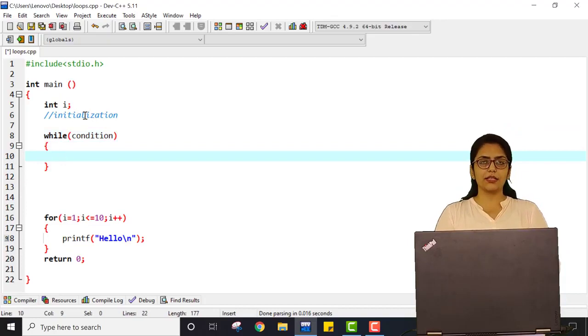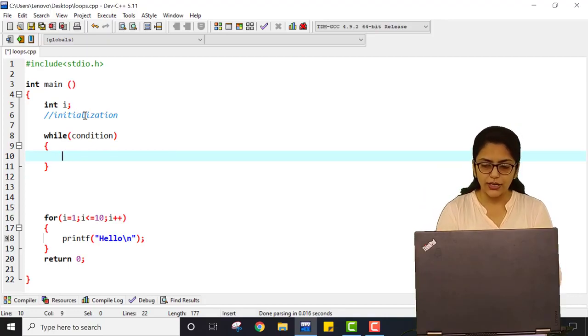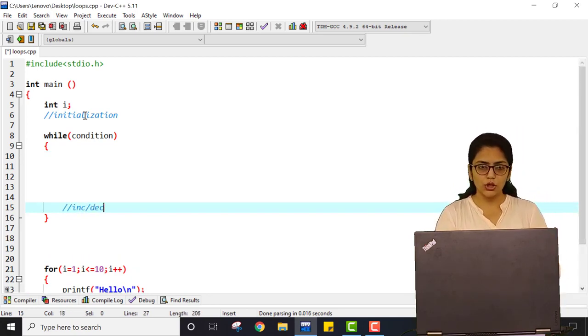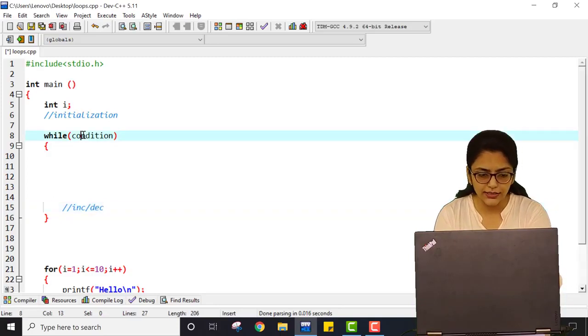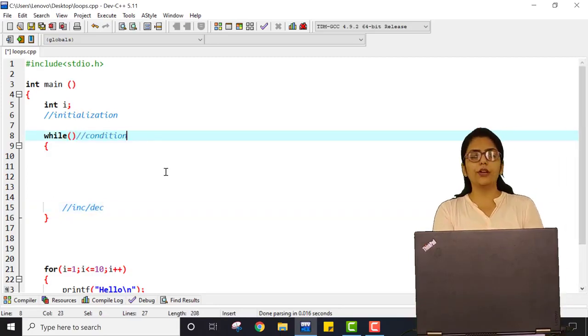Here is the statement which is executed each time the control enters the loop. Once the block of statements is executed, at the end I do increment or decrement. This is the general formula for the while loop. Now how can you achieve that?